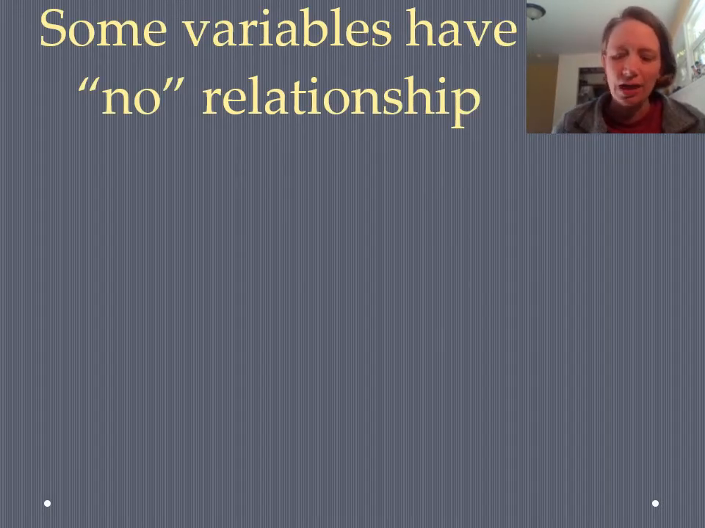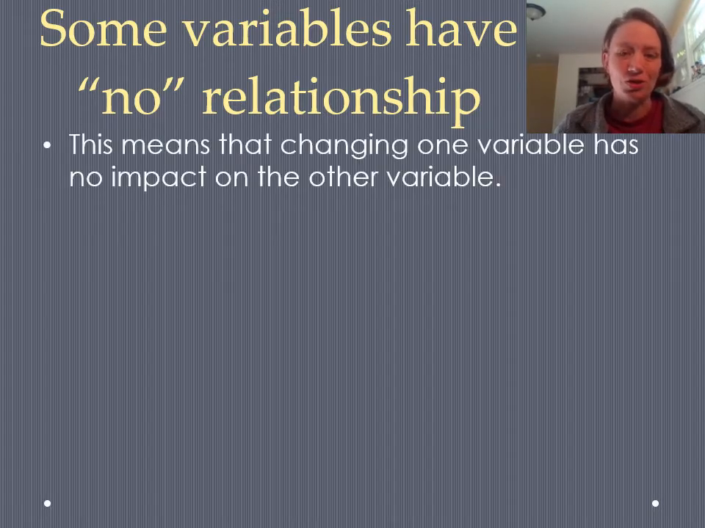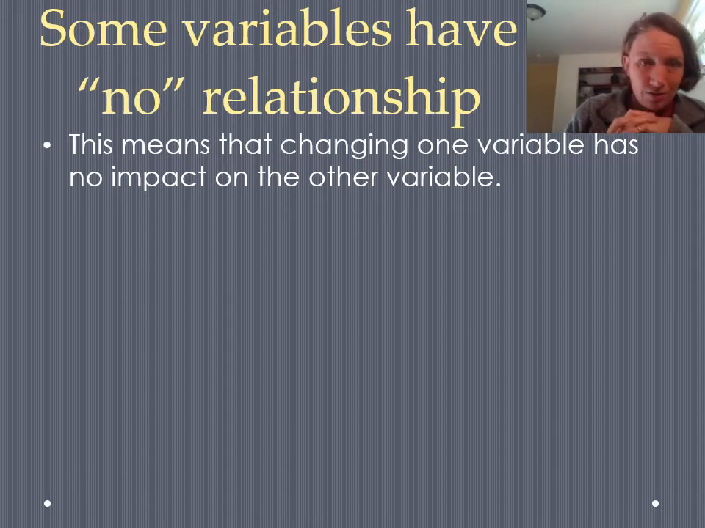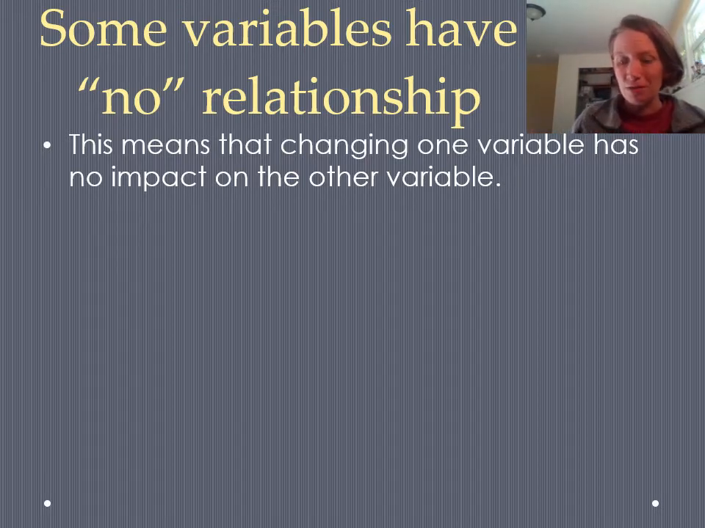It actually turns out that the most common relationship in all of physics is known as the no relationship. In no relationship, changing one variable has no impact on the other variable. When you change something, it doesn't affect the vast majority of the other things in the universe, and that's a